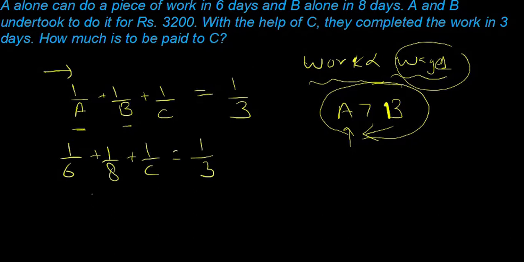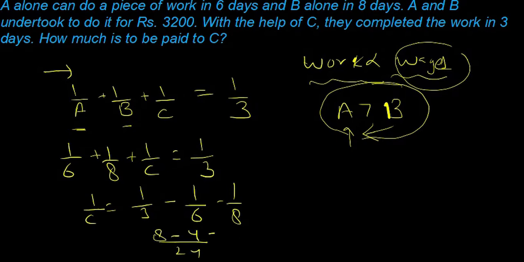Now again the LCM part should be there. So it is 1 upon 3 minus 1 upon 6 minus 1 upon 8. What should be the LCM? LCM should be 24 again. 3 8s are 24, 6 4s are 24, 8 3s are 24. 4 minus 3 is 7, minus 4 minus 3 is 7, and so this is 1 by 24 is equals